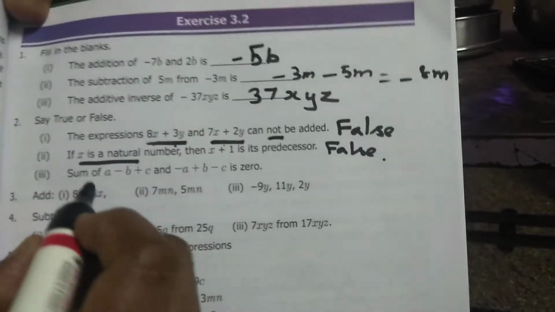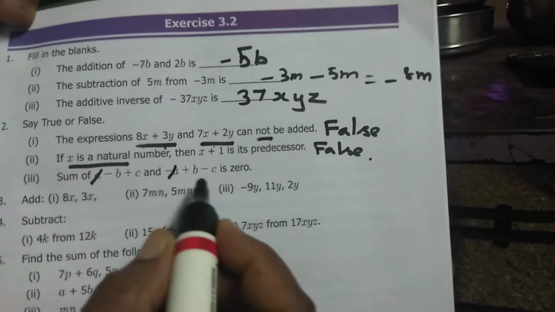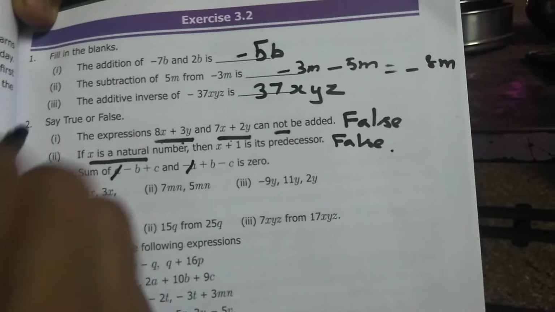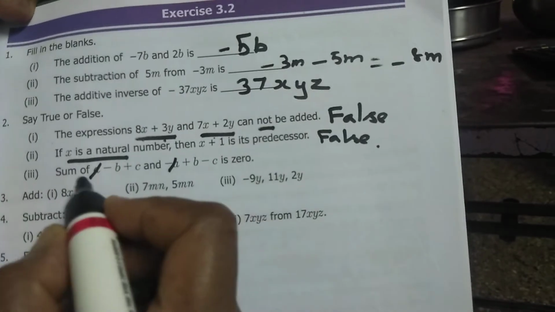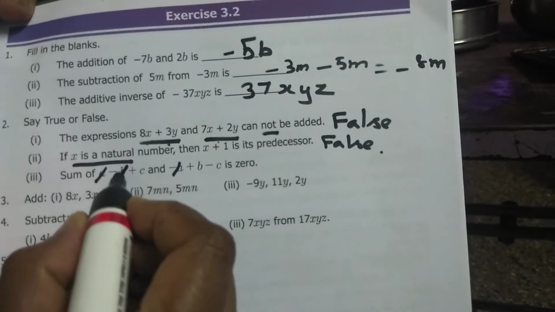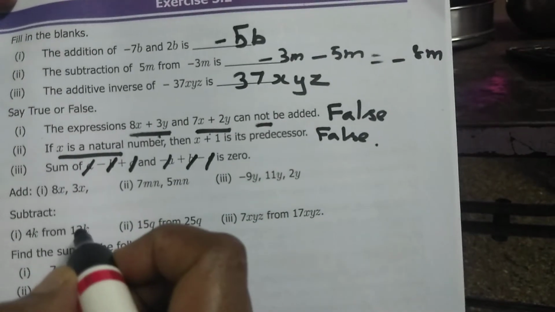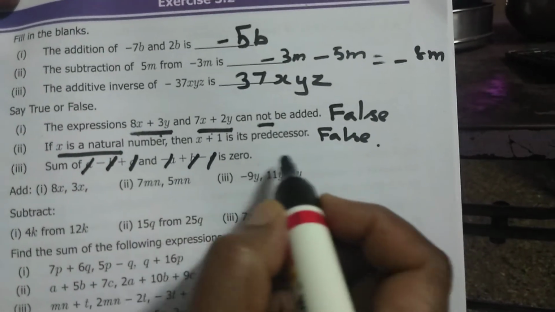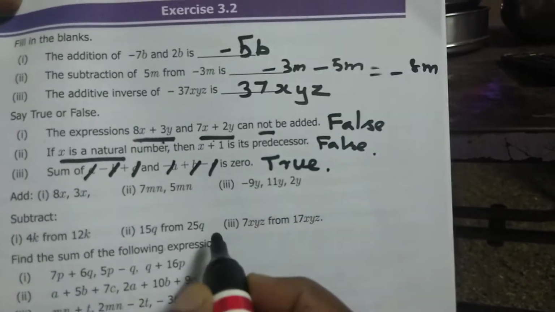Is this 0? We can see it in a very simple way: a and minus a we can cancel, because when there are plus and minus signs, we normally cancel them. So a minus a, minus b plus b, c minus c. I have cancelled all the values, so we will get the value 0. So it is true. Is it clear, ma?